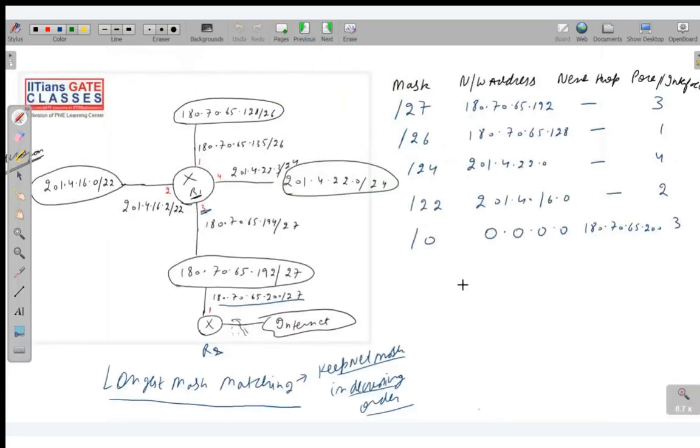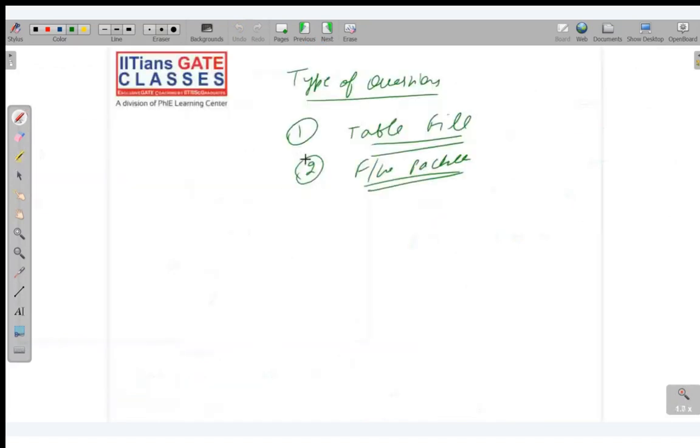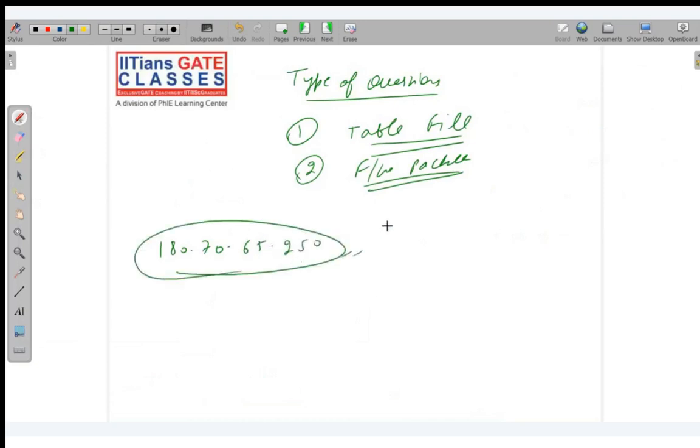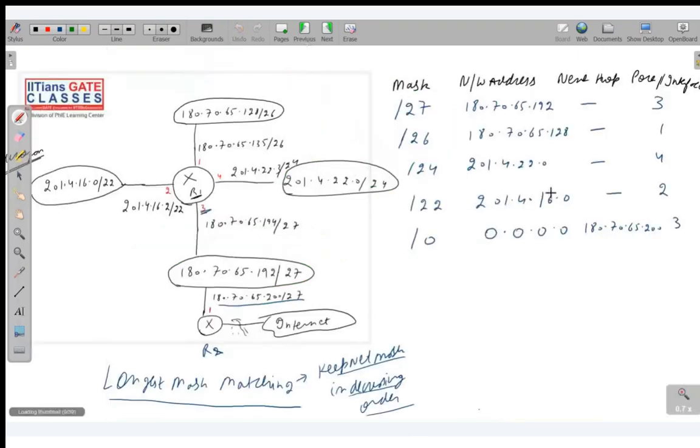Forward packet. For example, let us suppose a packet with IP address 180.70.65.250 arrives at the router. What will it do? Now I have to toggle, so let me write it here: 180.70.65.250. So a packet with this IP address comes at this router. What will it apply first? First of all, it will apply this net mask /27. /27 means